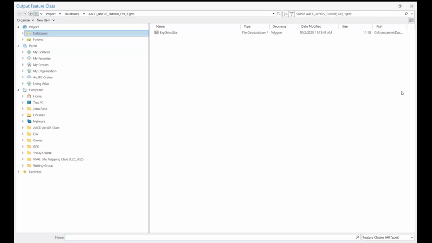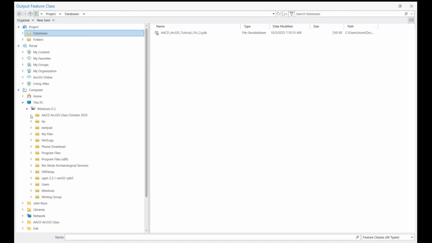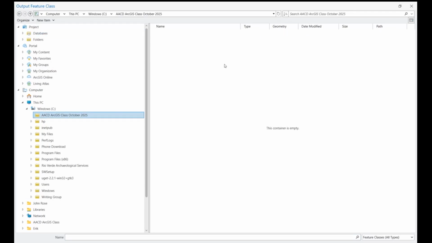There it is. Okay, when I clicked on that, it comes up to the Geo database. What I want to do is get to my project folder. So I've got it set up on my C drive. And here's the folder right here. Click on that. And down in the name,